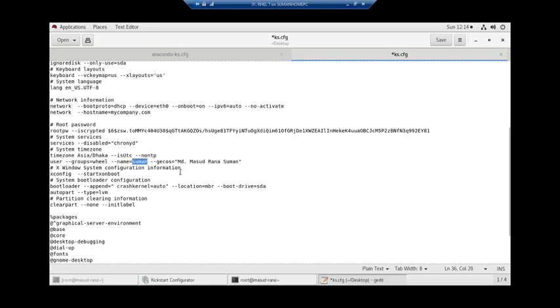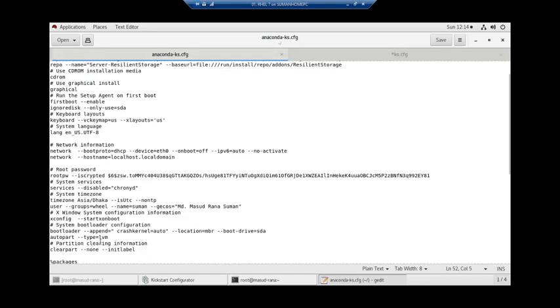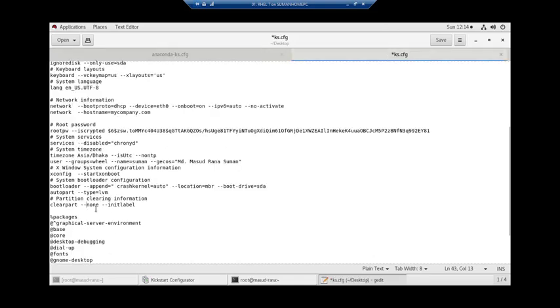I can change, okay, I don't need to change. The user will be in default whole group. The name will be md.masudrana Shomon, and we can see everything, the system bootloader, partition clearing information, clear part all. I want to change this thing, partition information. Okay, it's okay.